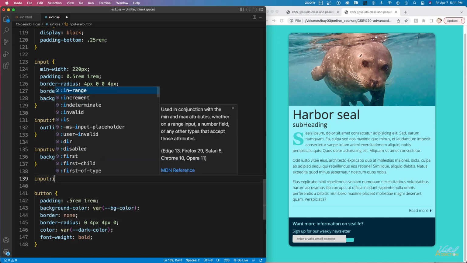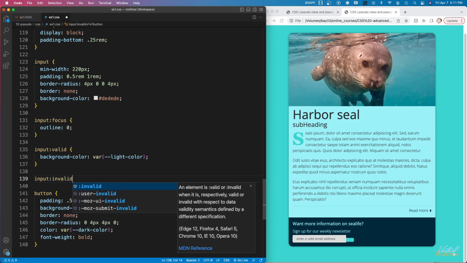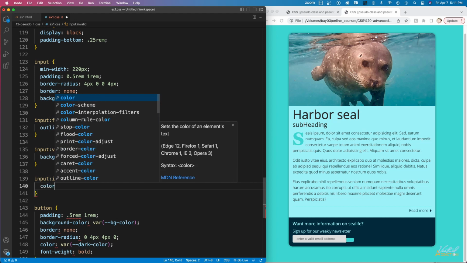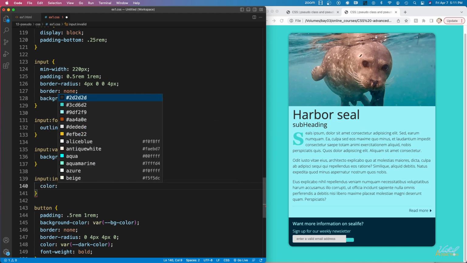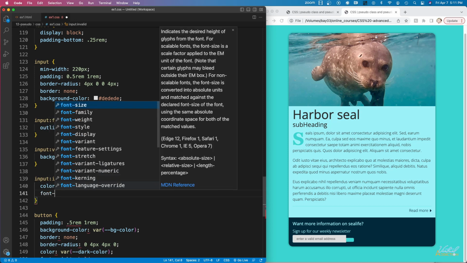Before we test this, let's go ahead and make a rule for input invalid as well. This, of course, is going to display if the information is not valid. What we're going to do here is change the text color. We'll be using that same brick red color that we're using elsewhere, and I'm going to use a font weight